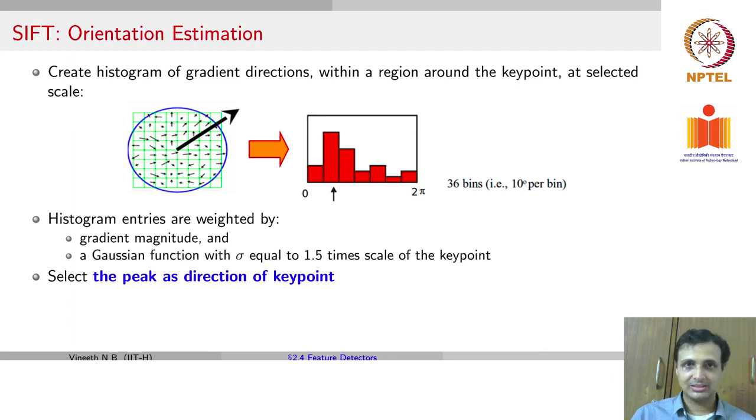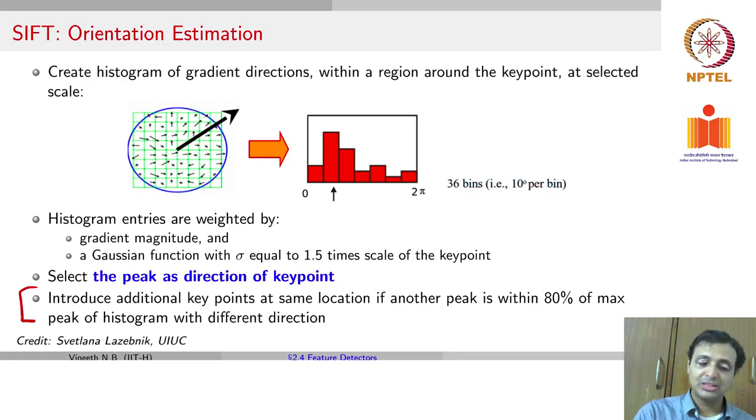Once you construct this histogram after these heuristics, whichever bin had the highest number of votes in the orientation is considered the peak of that key point. Once again, keep in mind that although we call it the peak of that key point, the peak is decided by the local characteristics of the key point rather than the point alone.